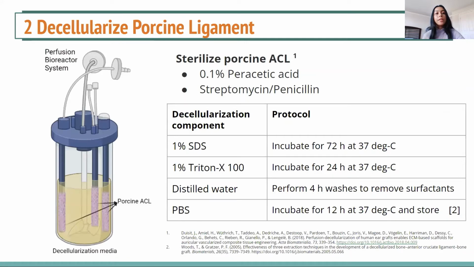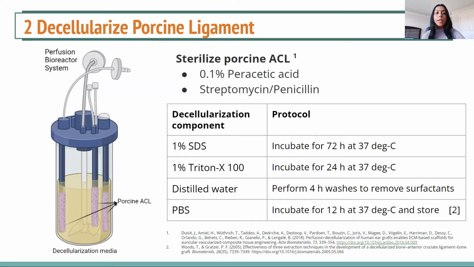The obtained porcine ACL would first be sterilized using peracetic acid and antibiotics to prevent infections. It would then be decellularized using sodium dodecyl sulfate, or SDS, and Triton X detergents through a perfusion bioreactor system. The reasoning for using these specific solutions for decellularization is that they effectively lyse porcine cells and genetic material without negatively affecting the structure of the extracellular matrix, primarily composed of collagen 1, elastin, and related proteins, which we want